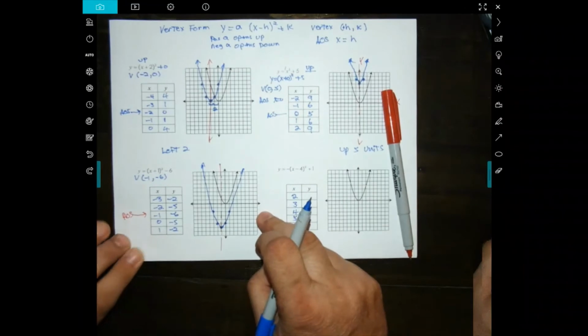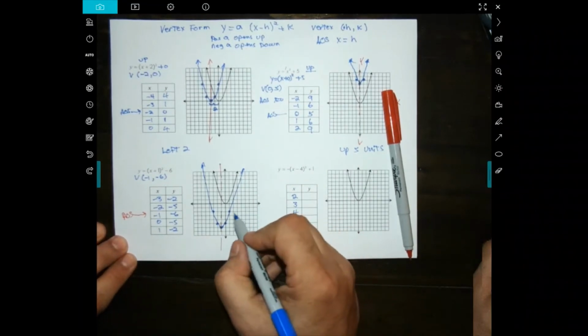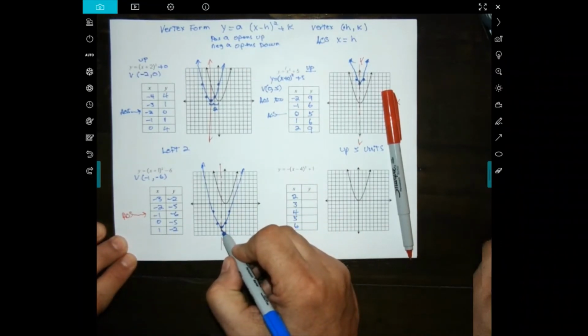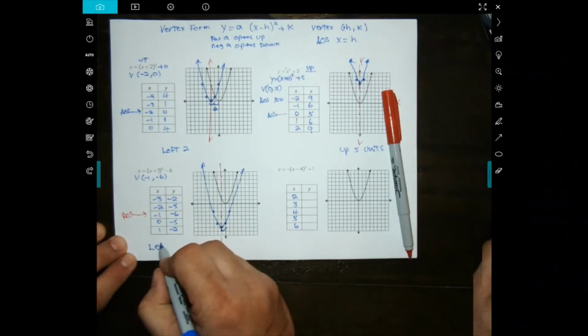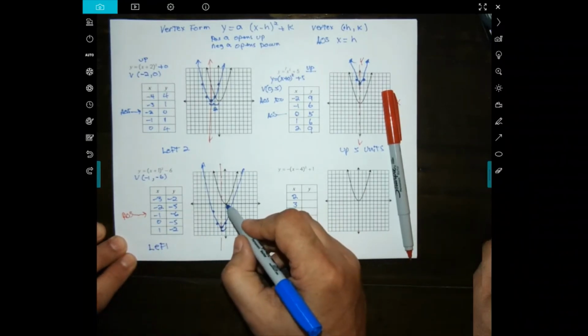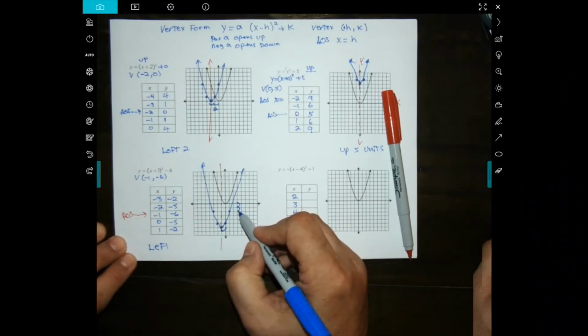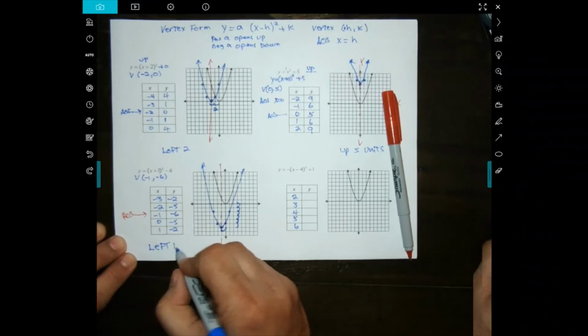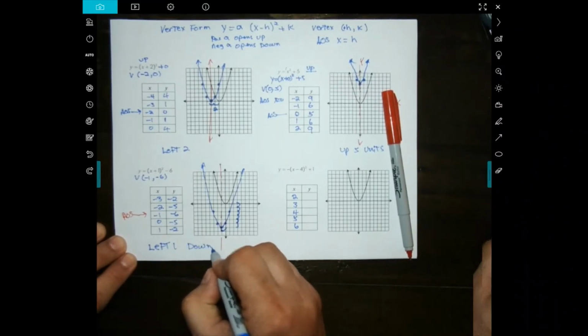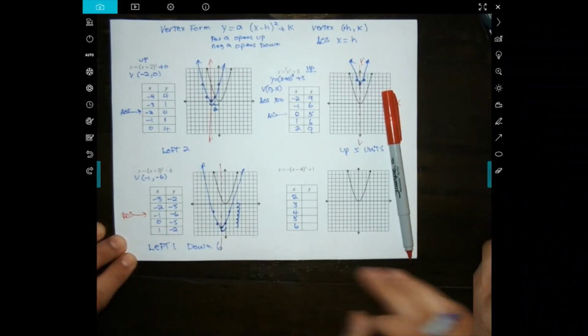And what can we say about this parabola? Well, we can say it shifted left 1 time, so it went left 1. And it went down, how many? 1, 2, 3, 4, 5, 6. It went down, went left 1 and down 6. We'll talk about that again in a minute. Our last example,